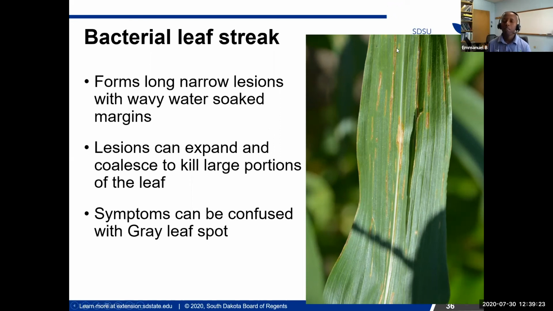The only difference is that these are much longer lesions, and also they have a wavy margin. If you remember, the gray leaf spot is going to have a very regular lesion, but also shorter and between the veins. Whereas for the bacterial leaf streak, you have pretty long lesions and they have a wavy margin, as I'll show in the next image. So make sure that you're scouting and diagnosing this disease as well before you apply a fungicide